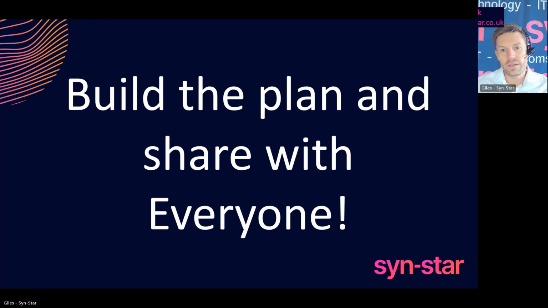And then it's all about just building the plan and sharing it with everyone. And the plan doesn't have to be too in depth, depending on how big the business is, how many different layers, different databases that you're using, different types of machinery. It really depends on the complexity of the business, but generally don't let that stop you from creating at least a basic plan. And that's what it's all about. Just have a really, really basic plan for if one of the different things happens, how fast will you be able to get back up and running? But the most important thing is that everyone within the business knows what it is.